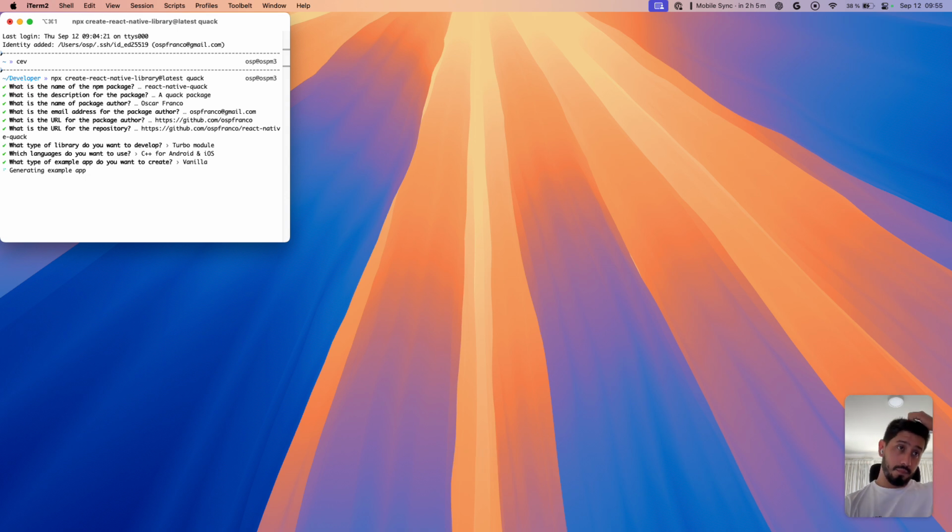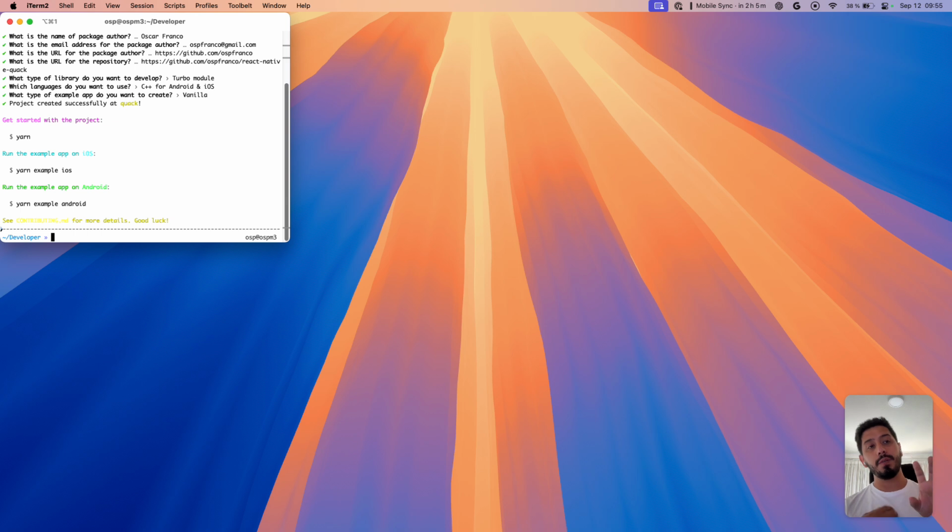Now, this is going to create a Turbo module for you, all of it, and we could stop here and call it a day. But what we actually want is... this will create a Turbo module that is a C++ Turbo module, but it has a wrapper. It has an Objective-C and a Kotlin wrapper, which works, of course, but the problem is that you have